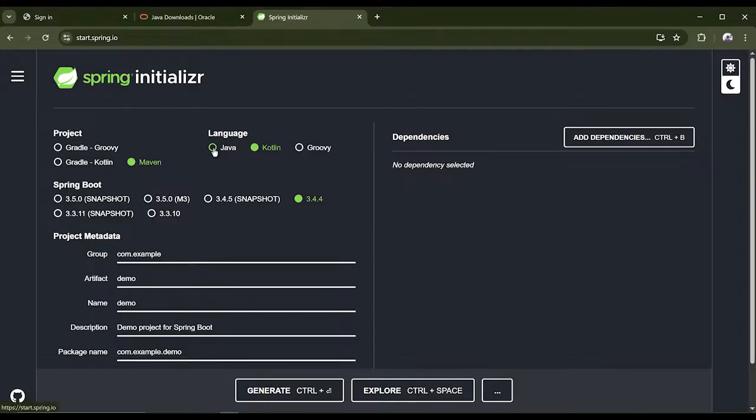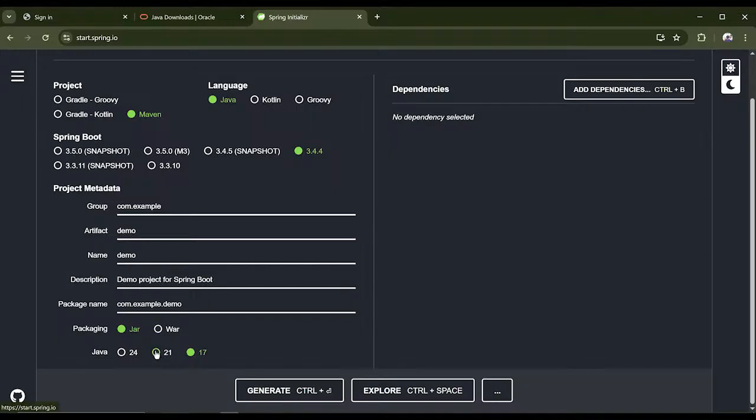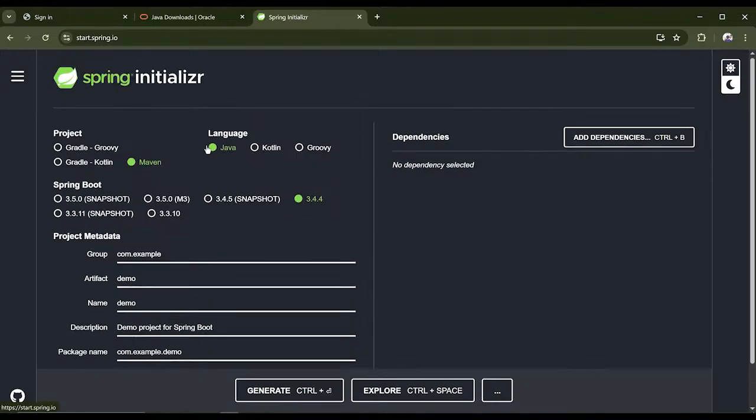Since we have Java 21 on our system, I'm selecting Java, and language is Java. Project build tool is Maven, and the version for Spring will be the latest stable version, which is 3.4.4. Here are some snapshot versions or M3 versions. Snapshot version is something which is going to be the official version, and M3 is something where the Spring developers are actually working. Okay, so we have selected